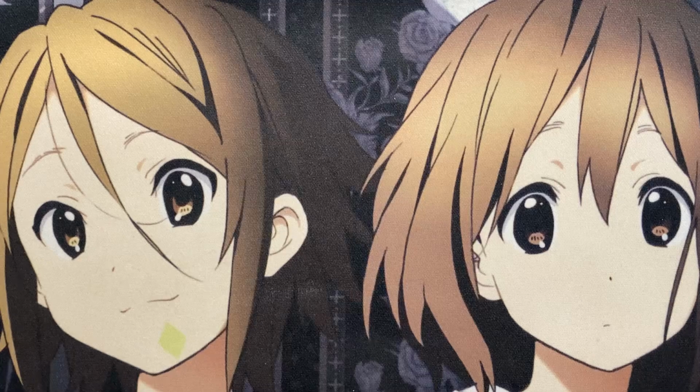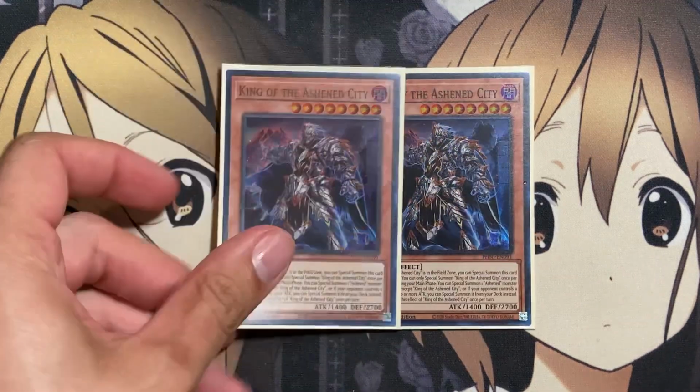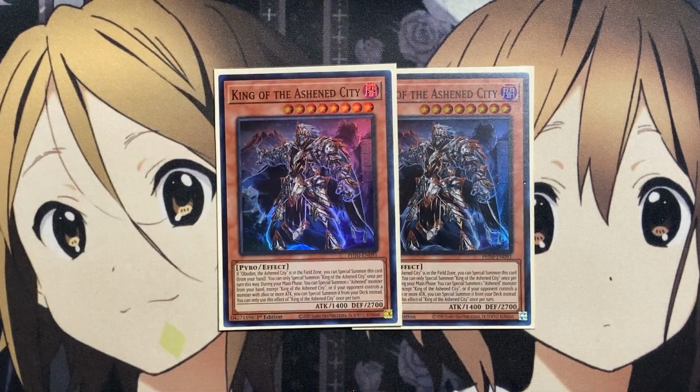For the other monsters, we're running 2 copies of King of the Ashen City, having the same special summon option if Obsidian, the Ashen City, is in the field zone. And you can only special summon King once per turn this way. During your main phase, you can special summon one Ashen monster from your hand, except for the King of the Ashen City, or if your opponent controls a monster with 2,800 or more attack, you can special summon it from